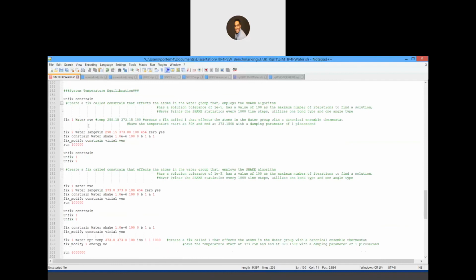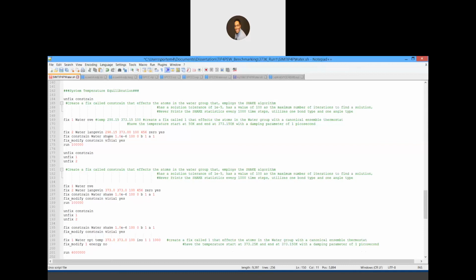So that's going to be an NVE ensemble, which is constant number of atoms, volume, and energy. And I'm also going to call a Langevin thermostat to it. The combination of the Langevin thermostat and the NVE ensemble results, I believe, in Brownian motion of the water molecules as well. So if you're trying to do a particular model that involves Brownian motion, this is the way you would call it. But since I'm just trying to get the temperature of the water molecules correct from here, I'm going to run this for 100,000 time steps,